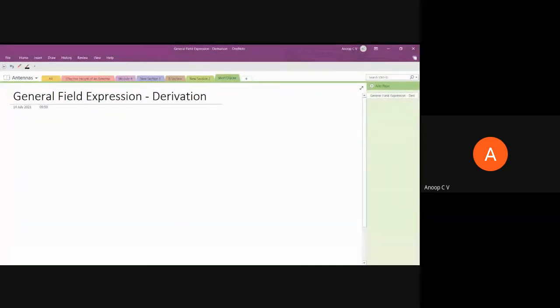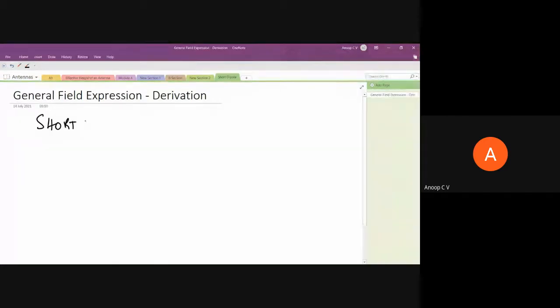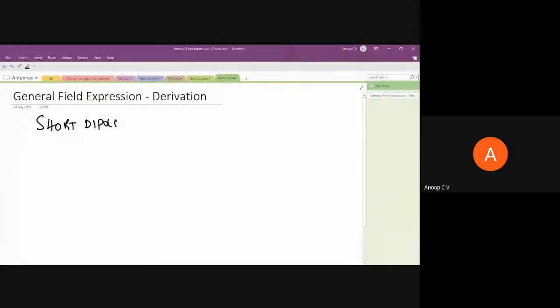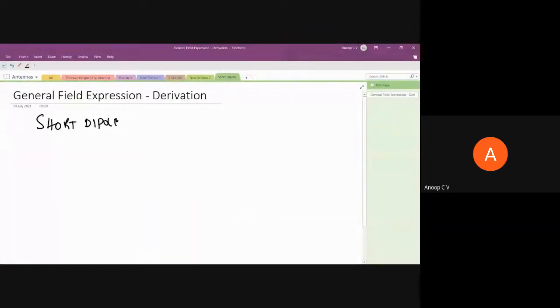So we are discussing module 4, and we are discussing the short dipole. In yesterday's class, I introduced you to a dipole. I told you what a dipole actually is and why we need to consider the retarded parameters when we derive the field expression, and all those steps. I even told you where we are going to place our dipole so that we can find the general field expression of the dipole everywhere in space. So we will start with that.